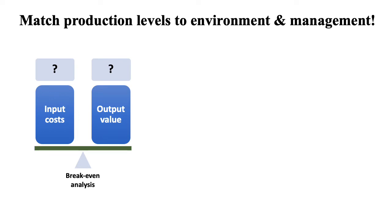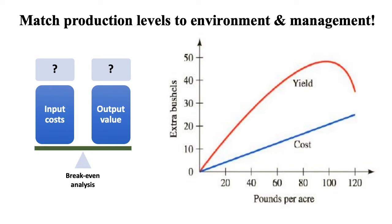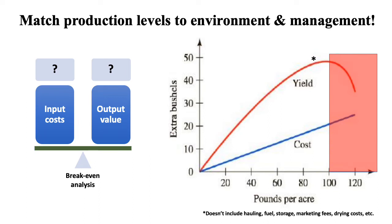I wanted to use a quick little example of corn production, without getting into a huge enterprise budget to calculate costs. Here we have a graph with the extra bushels of corn produced on the y-axis and the extra pounds of nitrogen applied per acre on the x-axis. As you can see, the cost for that extra nitrogen is in a rather straight line, and if we look at the yield chart, after a period of time there are some diminishing returns in terms of that extra cost. So in many cases, chasing extra production may not always pencil. Delving deeper into that